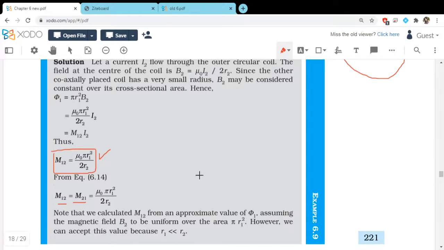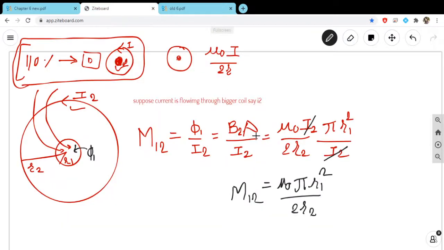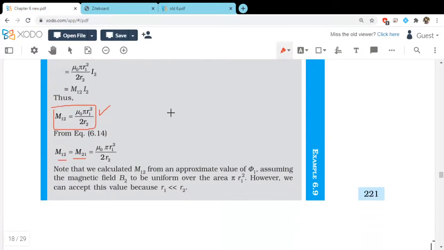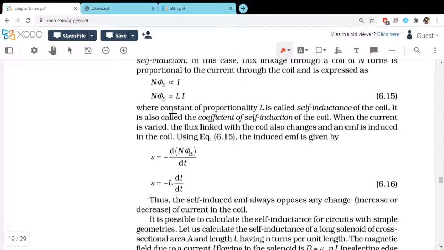We don't have to prove it here, but that is just a mention of the reciprocity theorem. That means if the current is flowing through the smaller coil and the same is calculated for the bigger coil, then the answer will be the same, but that will be very complex, so just forget that. All you have to do is always flow current from the bigger coil and take flux from the smaller coil, and you will always have your answer. So let's move to our next example.